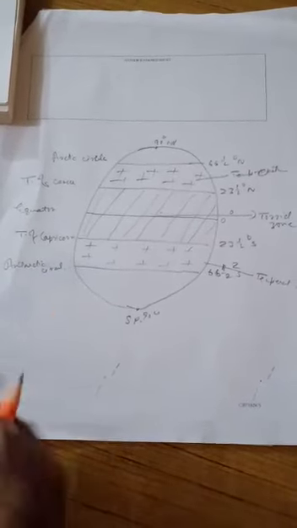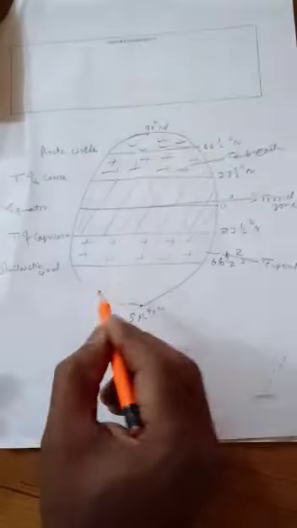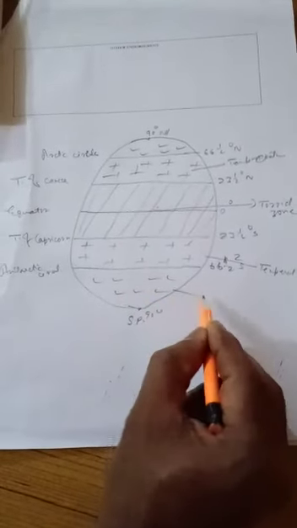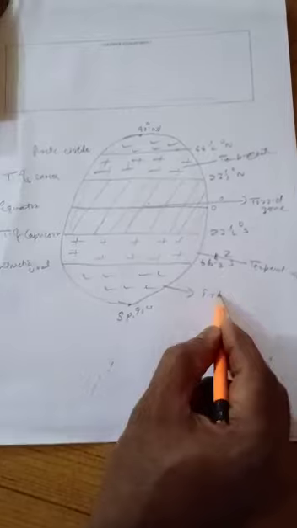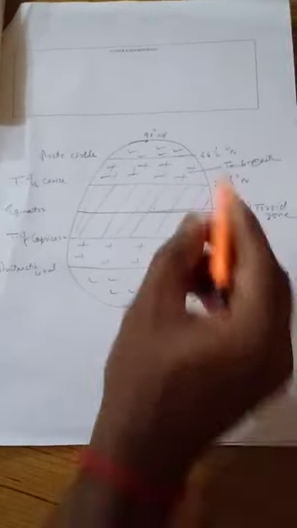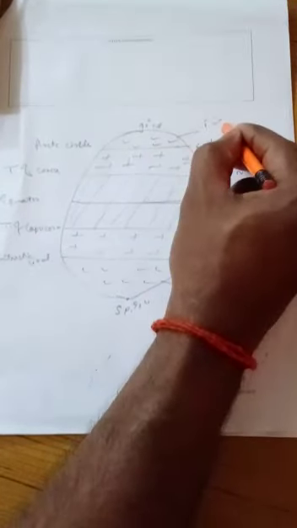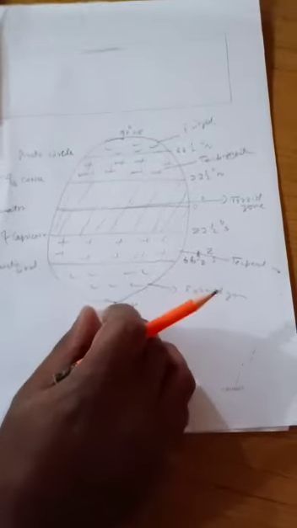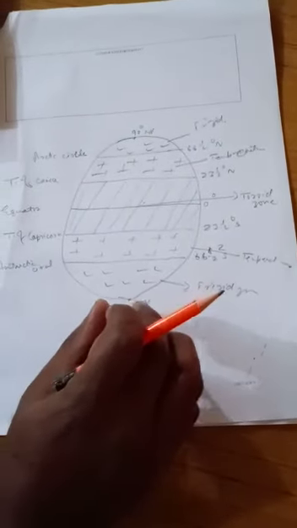We can say it has a moderate type of climate. And the last one is from 66.5 degree to 90 degree. This area is known as the frigid zone. Now what is this frigid zone? This area lies under the totally cold zone. So this area gets a small amount of heat, and so this area has a small amount of life also.